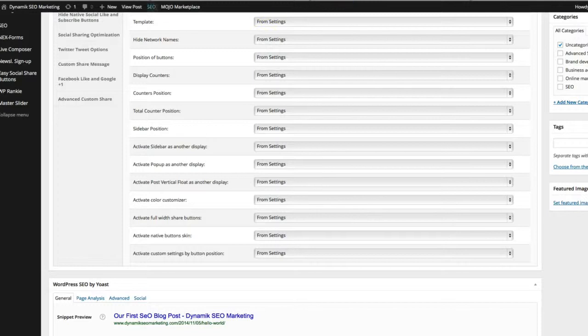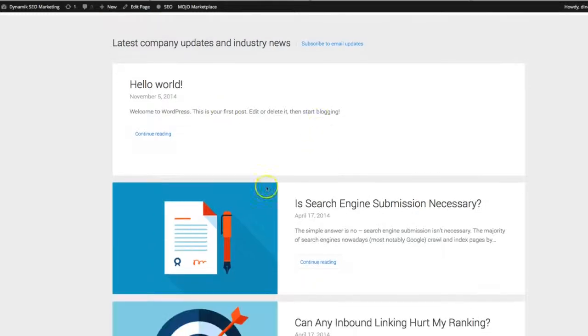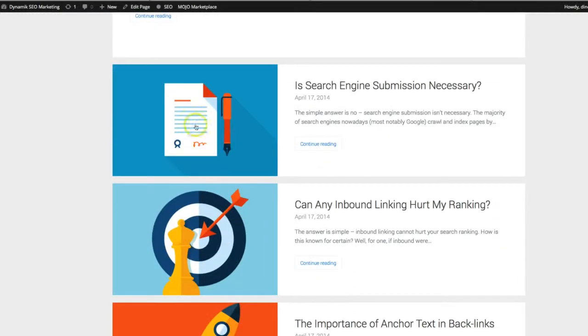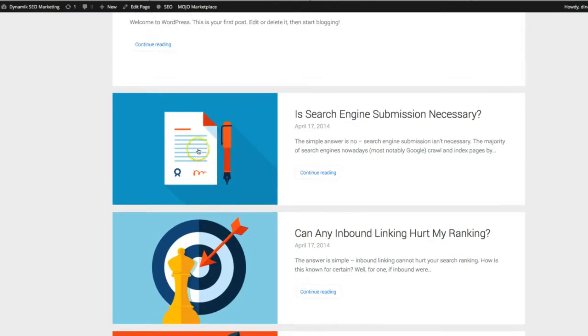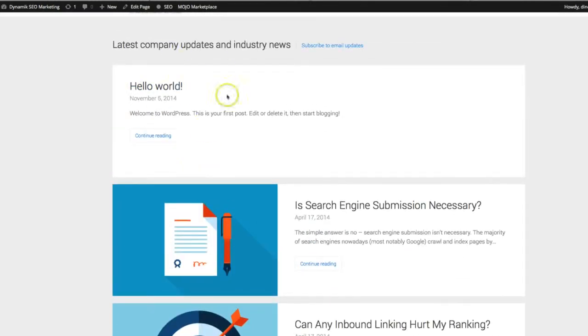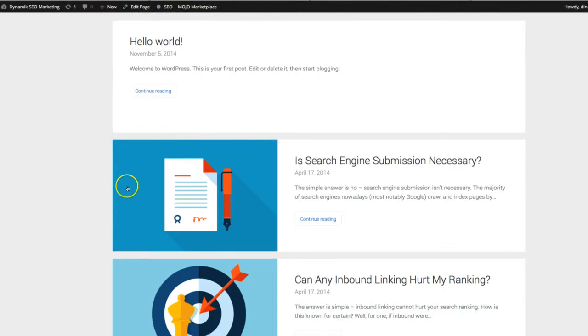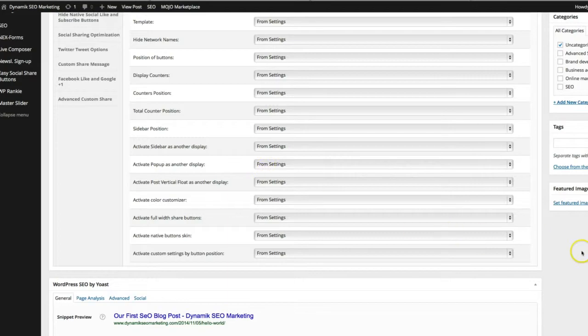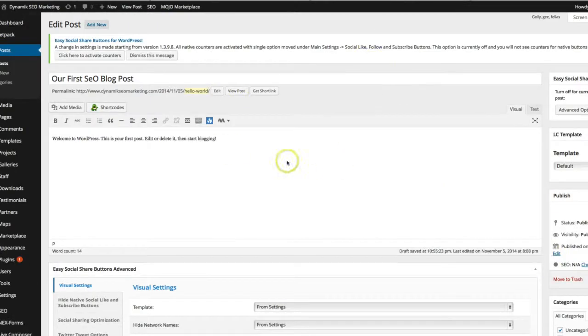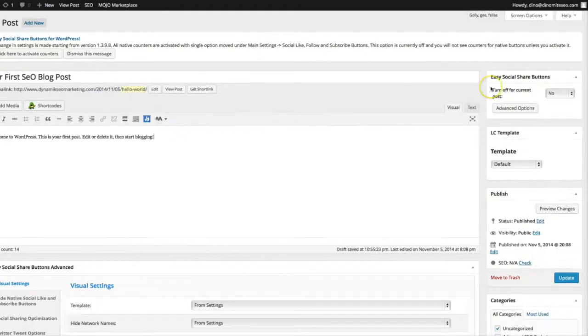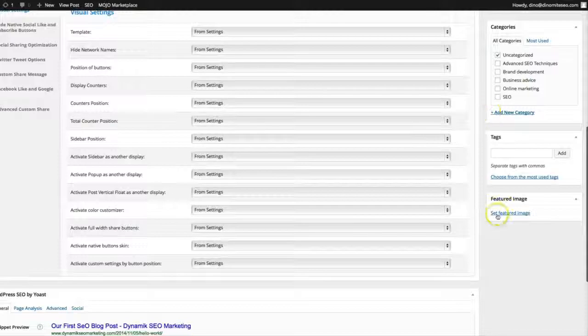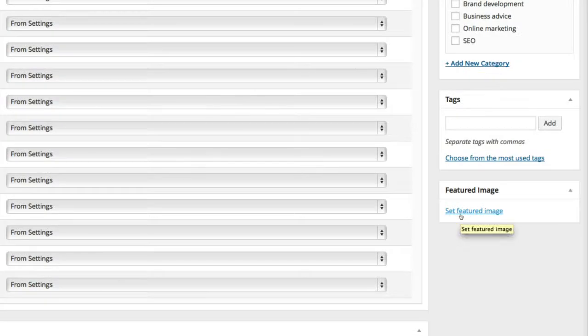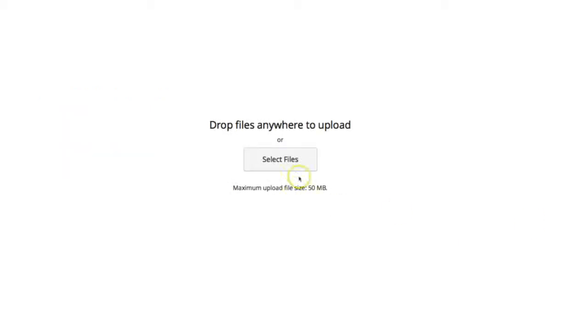Alright, now the other thing you'll notice is that you see how some of these blog posts here have this nice image, like these incredible images next to the blog post. This Hello World doesn't have one. So how do we get these cool images next to our blog posts? Well, if you're over here in your dashboard in the blog post editing area, if you scroll down, you'll see Set Featured Image. Okay, so we can click on Set Featured Image, and we can just drag over,